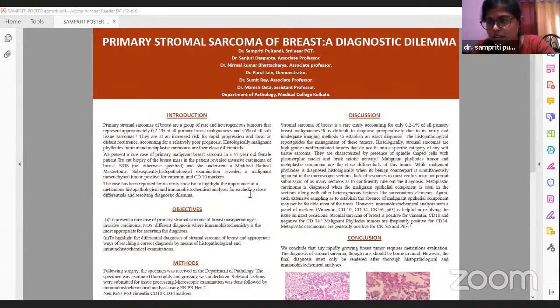Figure 1 is showing the PET. So, ma'am, is it visible? Yes, it's visible. Figure 1 shows the PET CT image showing a necrotic malignant mass in the left breast, and figure 2 shows the gross image of the fungating breast mass, and figure 3 shows the tissue section of oval to epithelioid cells with spindling at places and severe pleomorphism. Figure 4 showing the